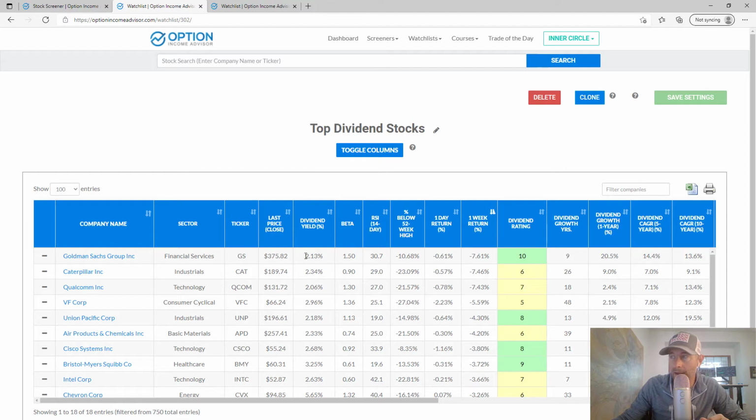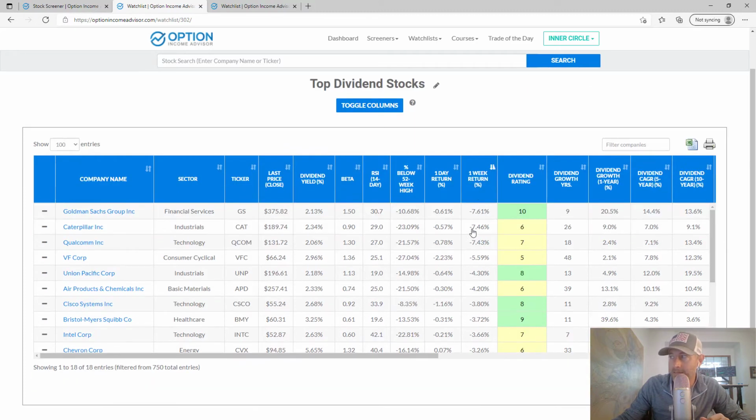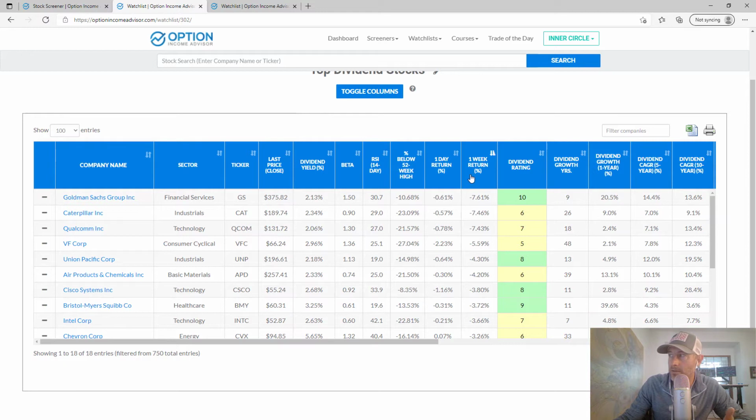And so now you can sort by, say, a short-term return metric, like a 1-week return or a 1-day return, and you can see what has pulled back the most. Then you take a look at those stocks individually. Goldman Sachs, for example, has pulled back almost 8% this week. It's about 11% off its 52-week high. This might be a stock that we want to look at for a potential purchase or for a put, right? So this is where you decide.